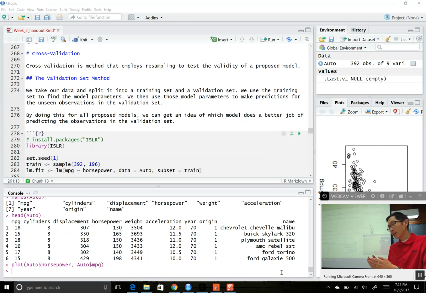And the idea being that, based on your training data, you can create a model that's going to make good predictions on the test data. And if the model works well on the test data, or almost as well on the test data as it did on the training data, then you might be satisfied with the model that you've created. Okay, so